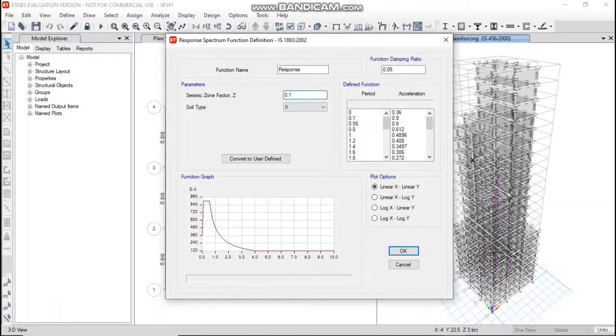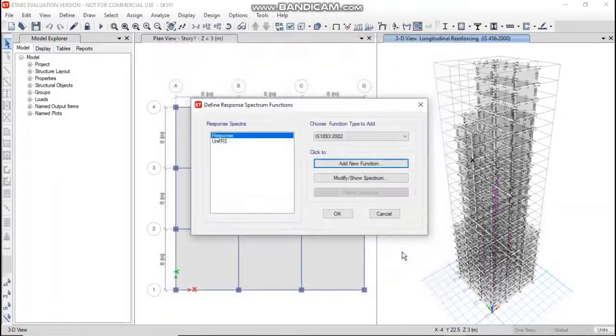Soil type is 2, and for the function damping ratio is 0.05. Now click on OK.